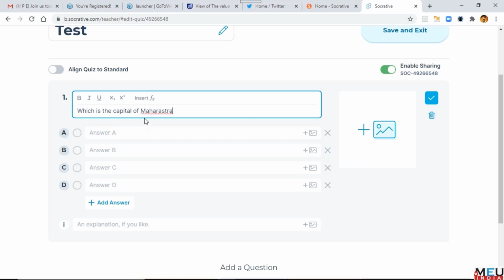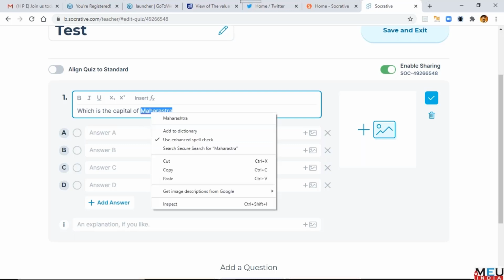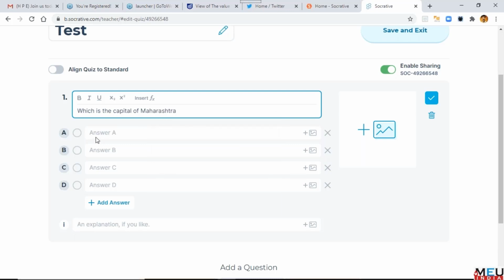Just like that, you have all your answers ready. Keep whatever options you want. If you want to add pictures, you can upload them. Probably you want your students to interpret a slide or an X-ray. You can add that, and then keep adding the answers.